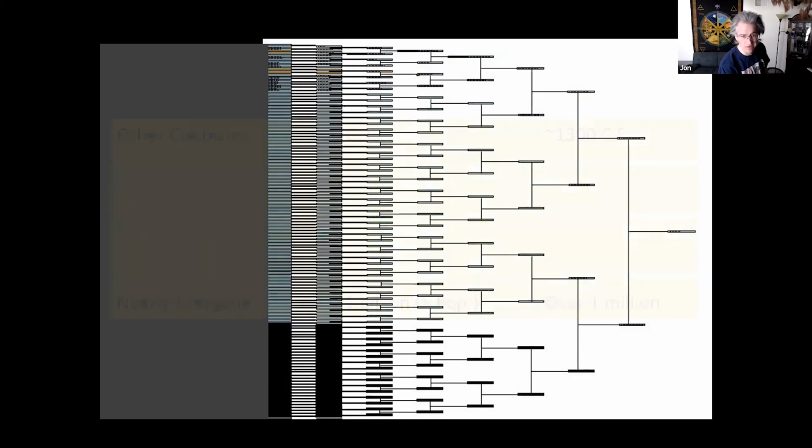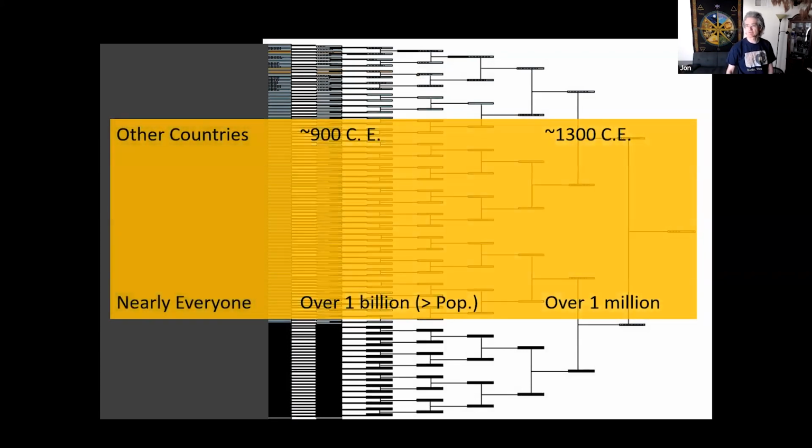So if you go back a little ways, say just a few hundred years, you have hundreds of grandparents, then thousands, and great grandparents, ancestors. And that means that if you go back maybe only 1,000 years, it's really not that long. 1,000 years ago, maybe the 11th century or 12th century or something like that, you get over 1 billion ancestors that are your ancestors, your great-great-great-grandparents. And